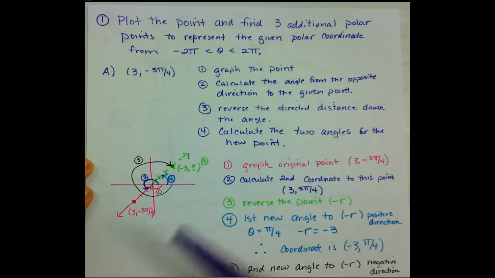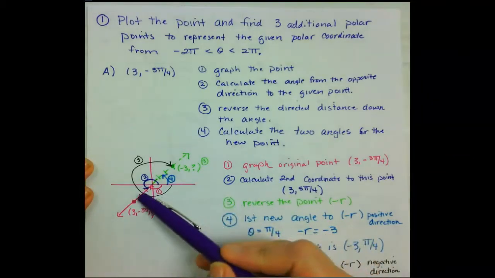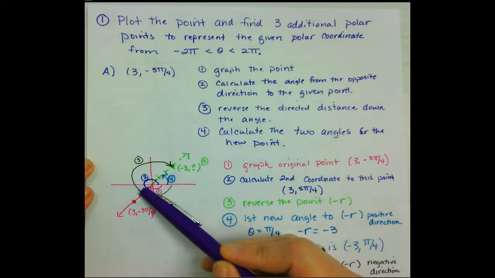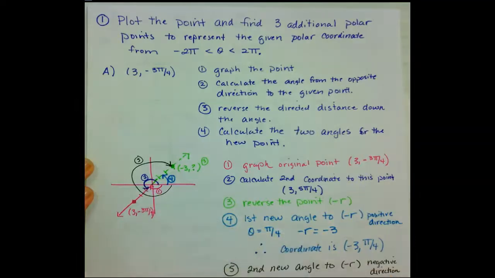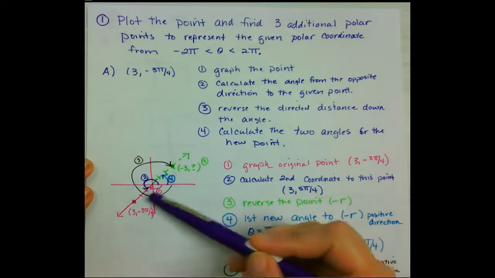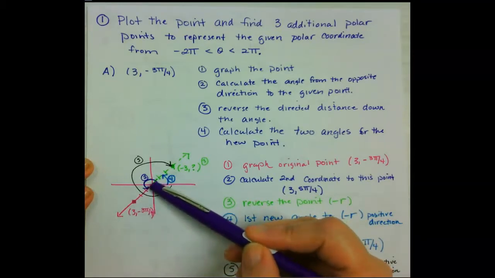So remember that I went in the negative direction to get here. So now I'm going to start at the polar axis and go in the positive direction to get here, and that will be one representation, which would be positive 3, and if I go from here to here, 5 pi over 4. Then I'm going to reverse the direction down the line, so I go back to my pole,